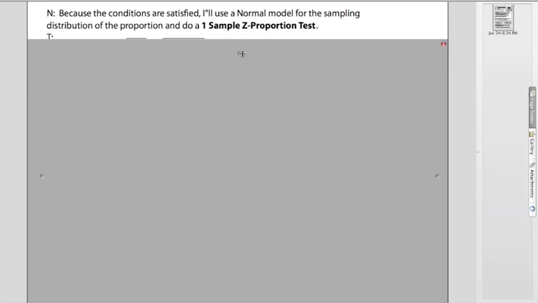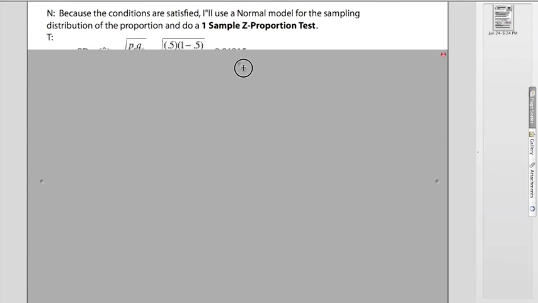Okay, and so what we're going to do next is I need to find the test statistic. Well, one of the first things I do,